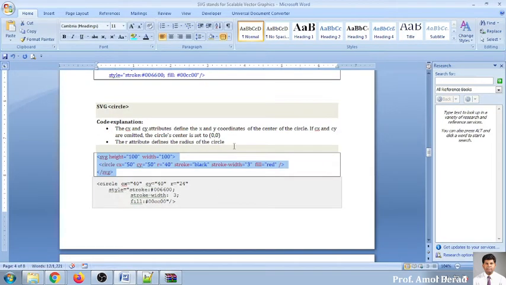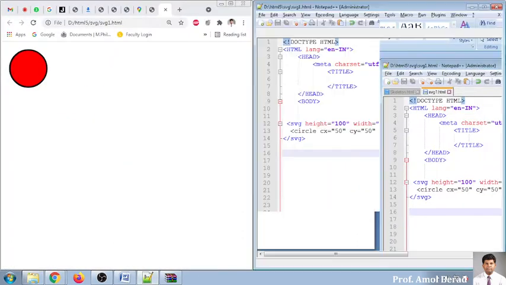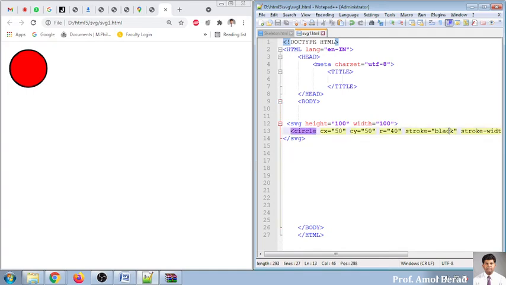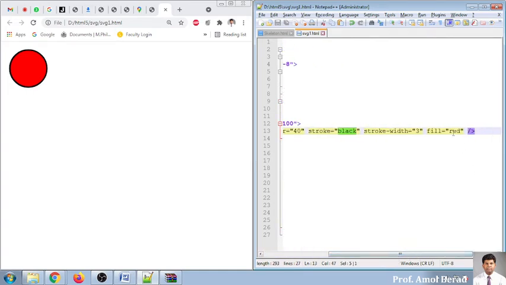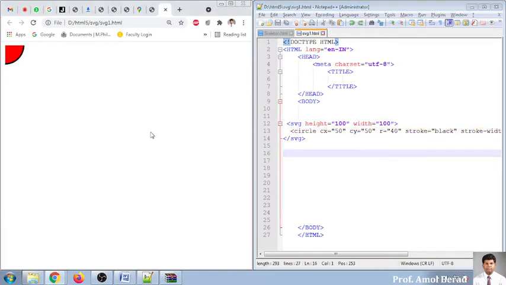So all these attributes are there, and I am running this in my browser, and you will see the output displayed. So the code we have written is the same as the output we are getting. Here we are getting a black color border and red color filled into the circle, and the size of the border is 3. And here I am saying 50 by 50. If I don't give this one, see, the top position will be considered. So this is most important. These two attributes, Cx and Cy, help us to display the output in the exact location.